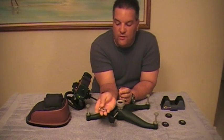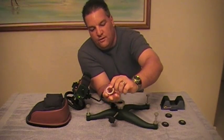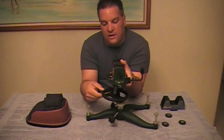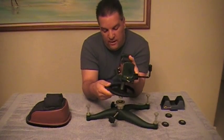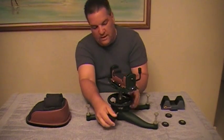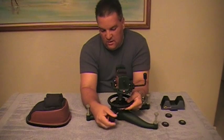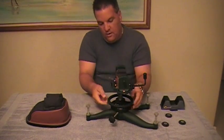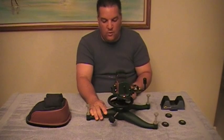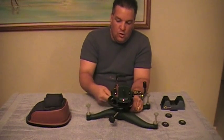Then I like it because it comes with these little ball bearings that you put in here, just so when you turn the spinning wheel to bring your elevation up or down, it rides on the bearings and you're not making contact steel to steel. So right now I'm just going to put it back so we can continue with this review. Let's tie it down right here, okay? And right here you can adjust the wheel. See how it spins real good when you have the bearings on it? And right there you see the actual rest moving up and down,